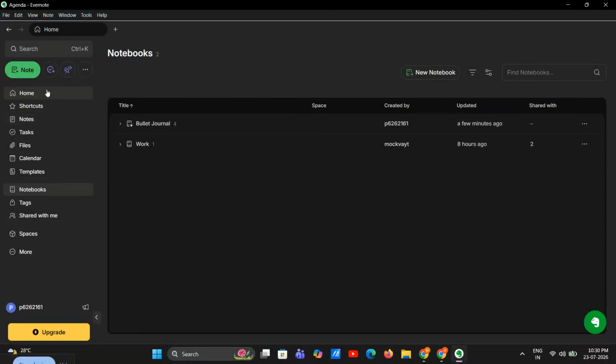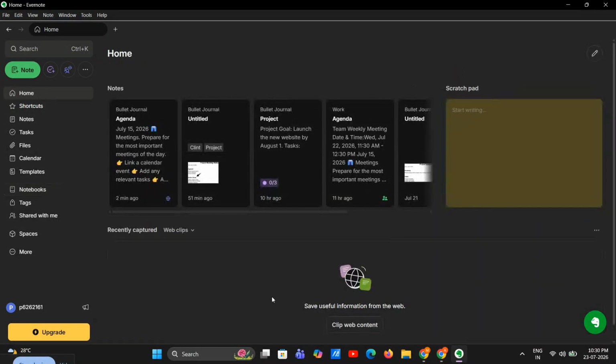In this video, I'm going to show you how to share Evernote with others in just a few simple steps. Whether you want to share a single note or collaborate on an entire notebook, this is super useful if you work with a team, study with classmates, or just want to send information to someone quickly without copying and pasting